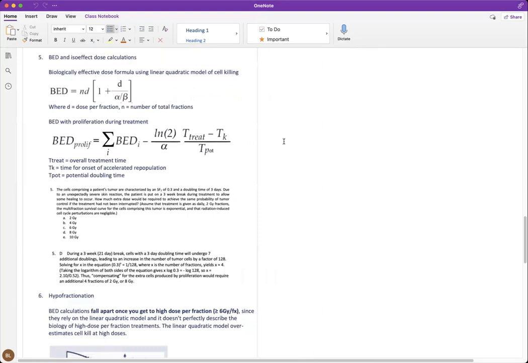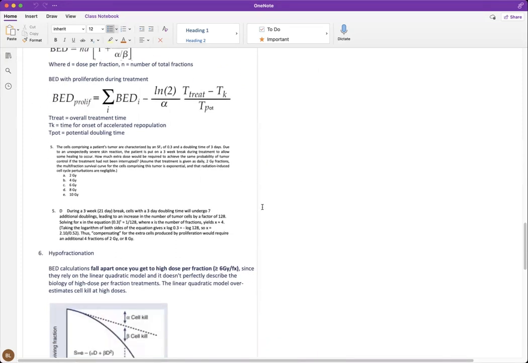BED and isoeffect dose calculations. This is really important. Hopefully by the time you guys finish your rad bio studying, you'll feel comfortable using this in clinic. Super helpful. And I have a spreadsheet if you guys want, and you don't already have your own spreadsheets, just let me know and I can send it to you. It's what I do to figure out what's an equivalent dose with a different fractionation to get the same BED. And then if you want to account for proliferation during treatment, you have this component too,